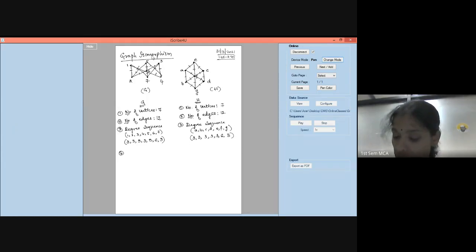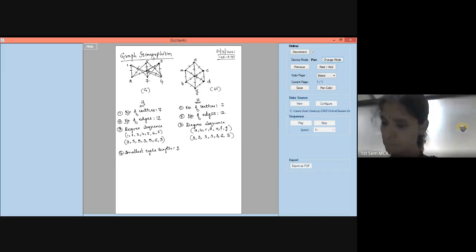Now let us go to the fourth property. The fourth property is that the smallest possible cycle length should be the same. So, smallest cycle length. There are cycles in this, so we have to consider this property. In graph G, we have a cycle: 3 to 6, 6 to 4 and 4 to 3 is a cycle. Any cycle you take, the length is not more than 3. So the smallest possible cycle length can be taken as 3. Can we take it as 3?